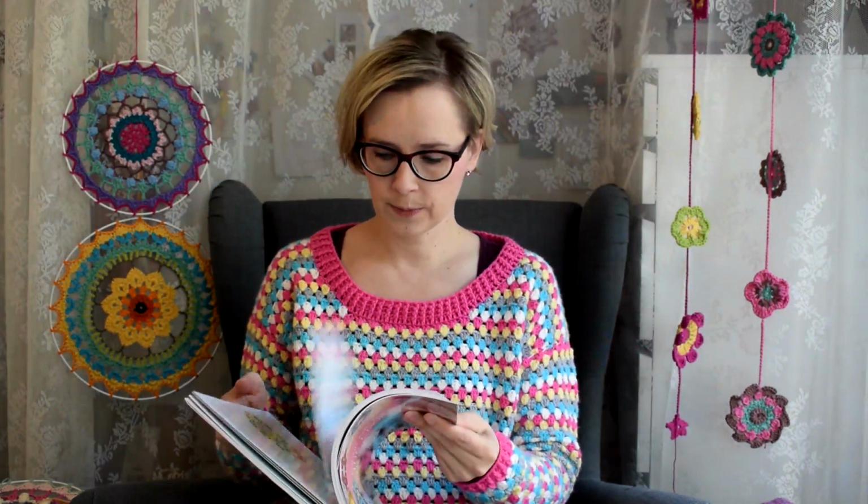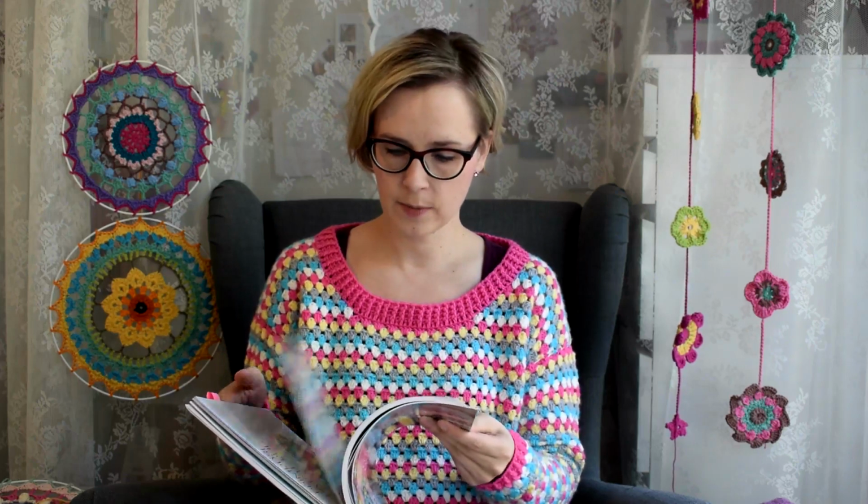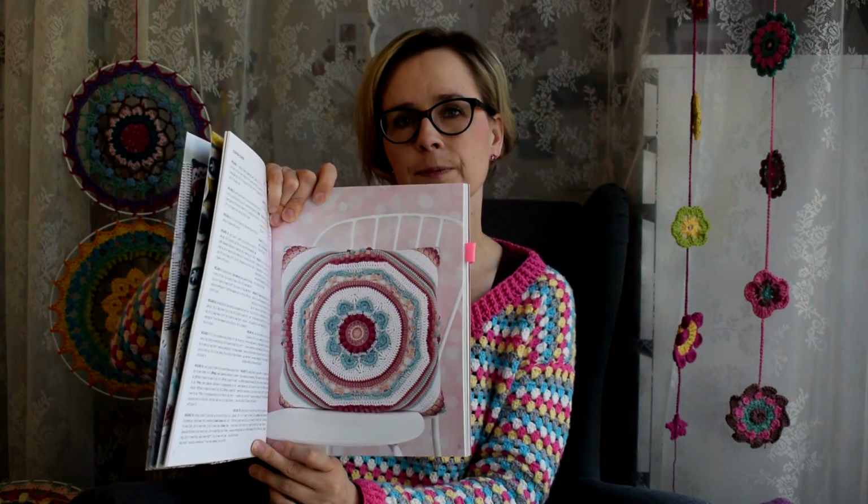and for my summer oasis I want to make, of course, some pillows, and I think I just have to make this pillow. Let me see when I find it. This one from this book. And I was thinking that when I have the sweet pea blanket and some leftover yarn, perhaps I could do this in sweet pea colors. I don't know. It's just one idea. But I really love it, and it